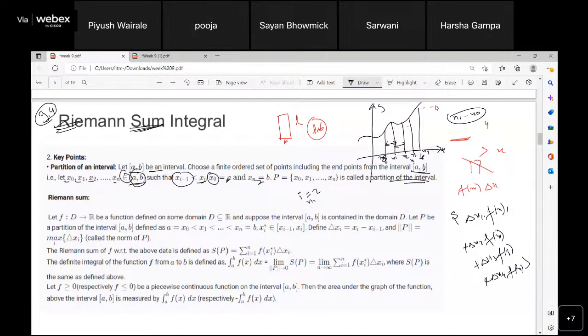That is the Riemann sum integral. Now let f be a function with a domain and range in R. Suppose the interval [a, b] is contained in this domain, and let P be a partition of the interval [a, b]. This is the condition. Now what it's saying is that xi star belongs to